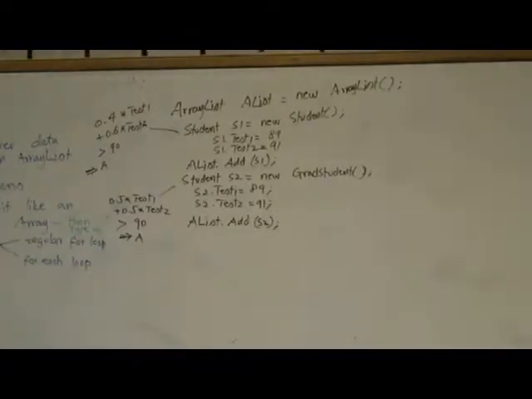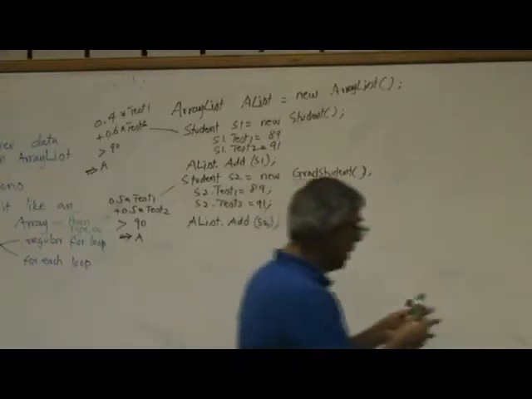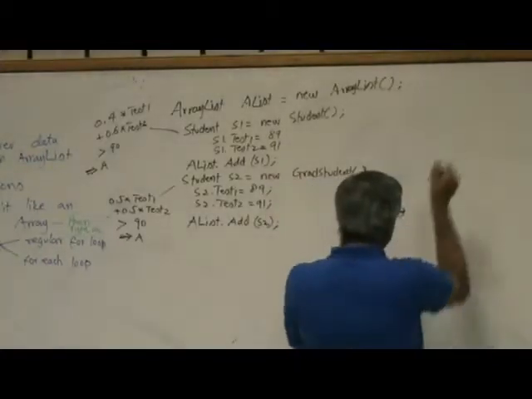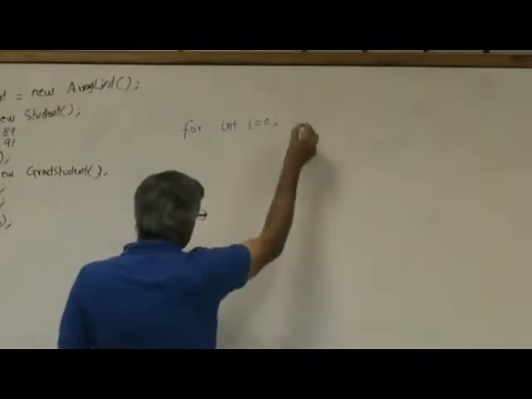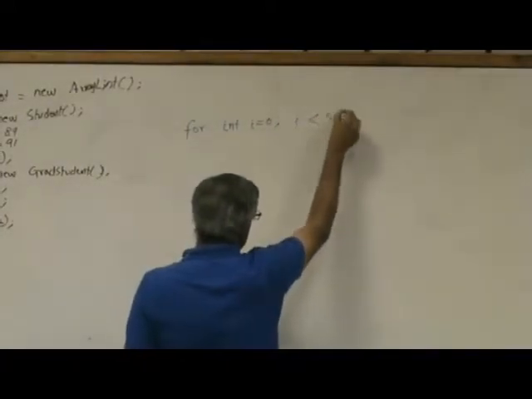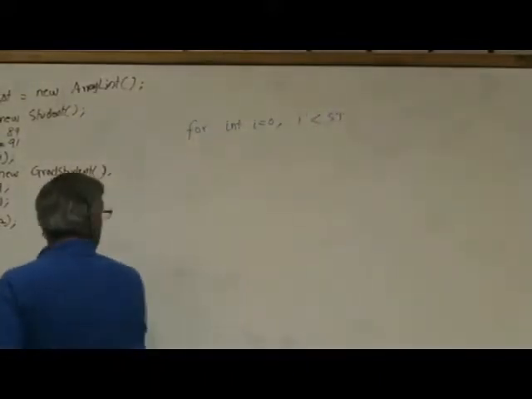Okay, so suppose our goal was to loop through the array list. So now let me come to the loop and call compute grade or print the grade of every student who's stored in the array list. Okay, so we can write a regular for loop. Our regular for loop will look something like this. For int I equal to 0, I less than, we called it a